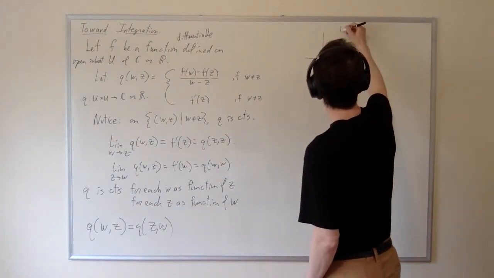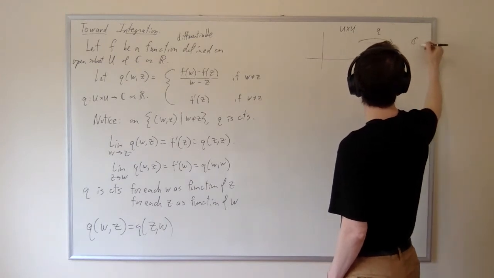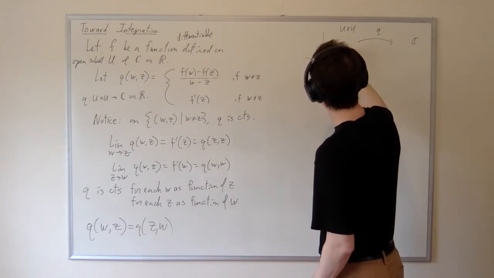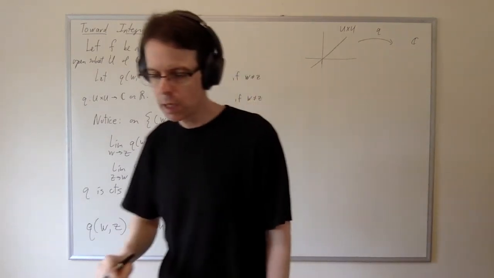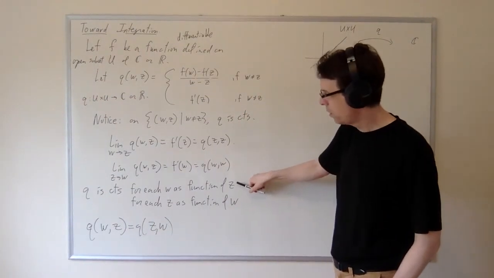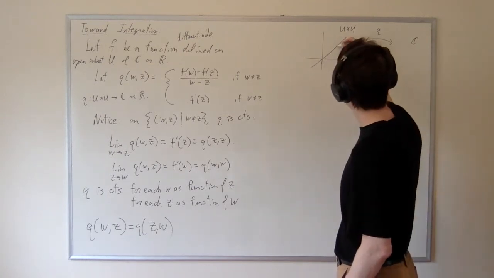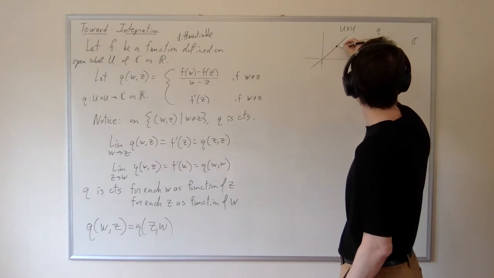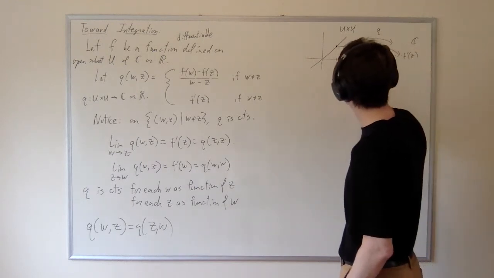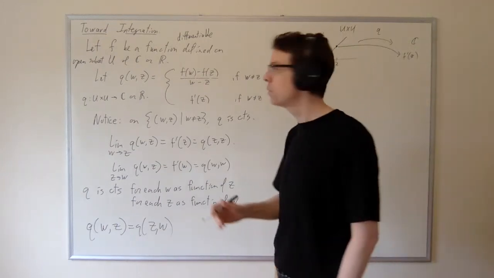Well, let's make a chart here. Let's call this u cross u. And then q is a function here, which maps into the complex numbers. So we have this problem on the diagonal. And so when we assert that it's continuous for each w as a function of z and continuous for each z as a function of w, what that means is on the diagonal, we can map this to some point, f prime of z. So this will be a point zz on the diagonal. And then the continuity as a function of w